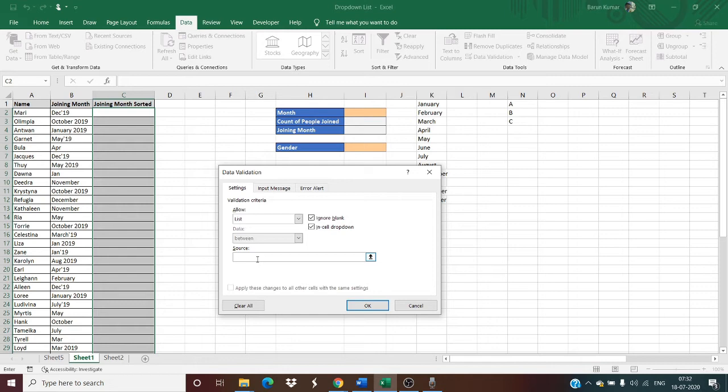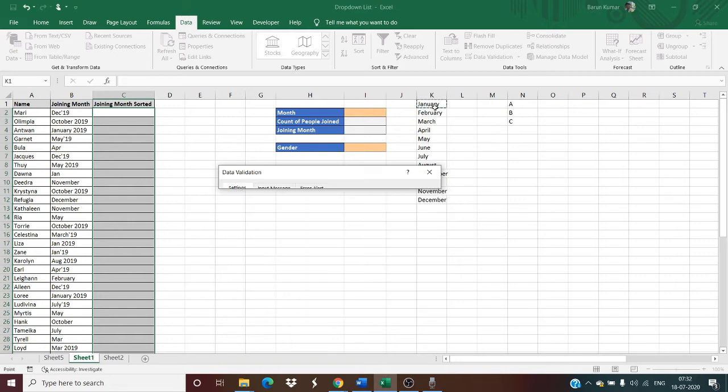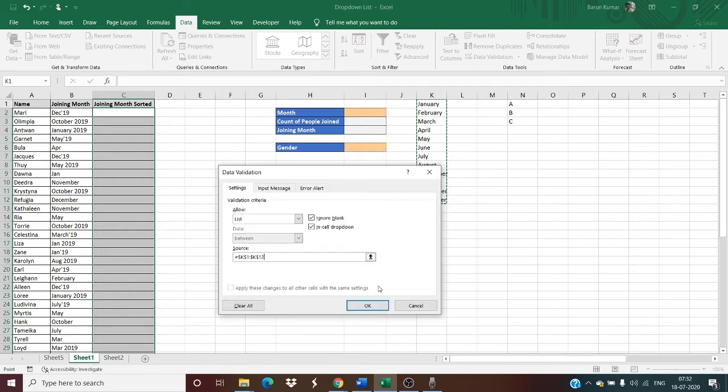To update the source, there are two ways. One is we click on the Source field, then select our data range and click on OK. Or